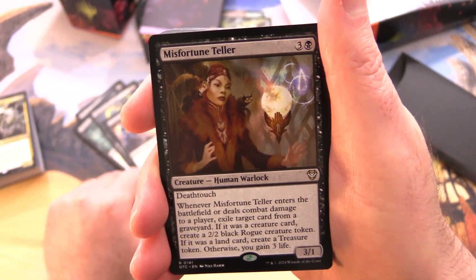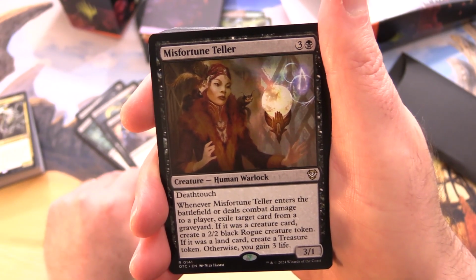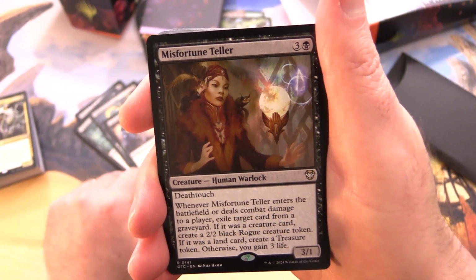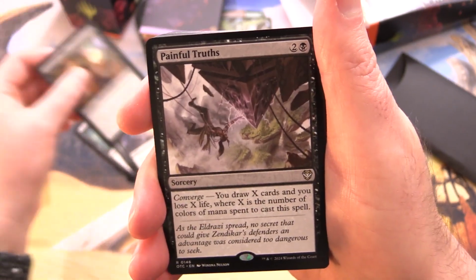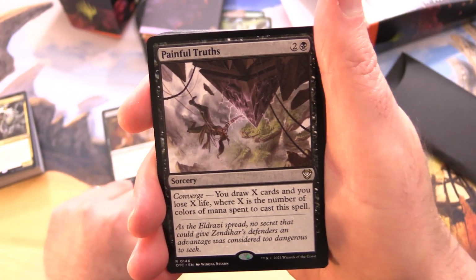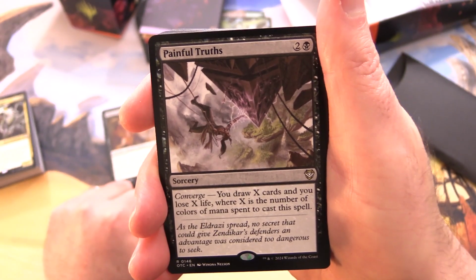Whenever Misfortune Teller enters the battlefield or deals combat damage to a player, exile target card from a graveyard. If it was a creature card, create a 2/2 black Rogue creature token. If it was a land, create a Treasure token, otherwise you gain 3 life. Painful Truths, sorcery for 2 and a black, has Converge. You draw X cards and you lose X life, where X is the number of colors of mana spent to